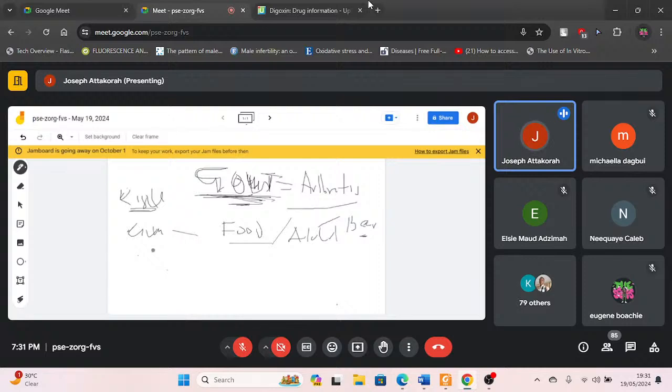Now gout can affect anybody, but first it was affecting the rich people because of the association of gout with certain foods and alcohol. So we term it arthritis of the rich. So when you talk about gout,